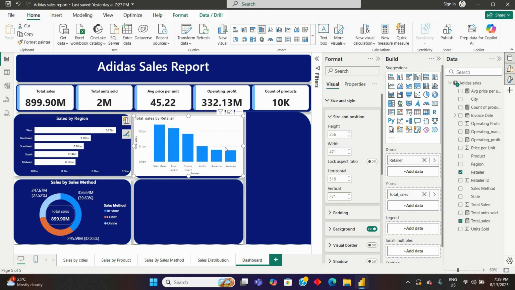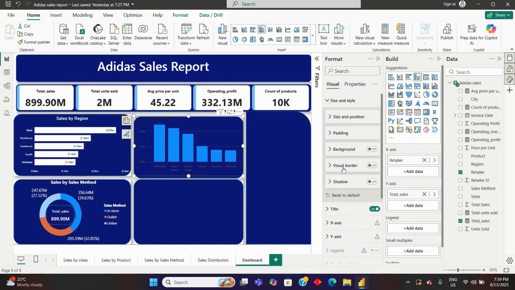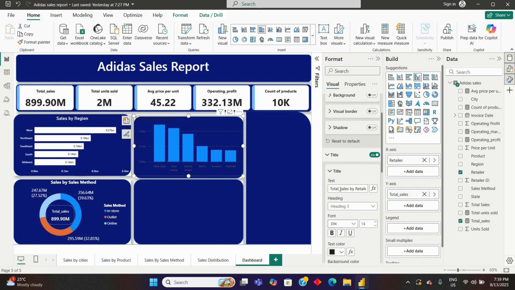Okay, and then so we have it to be fine. So, and I'm going to turn off my background first, and what I can do next is to go to my title, and then we can take out this and